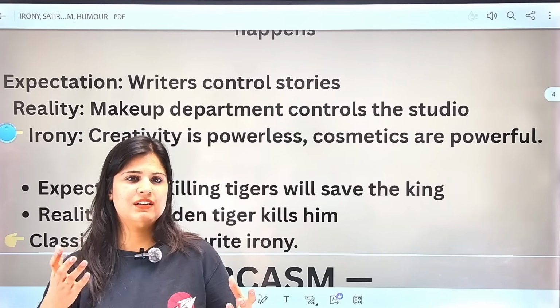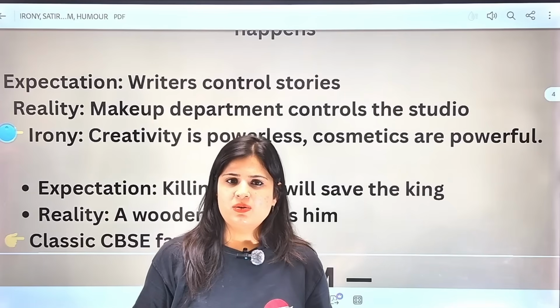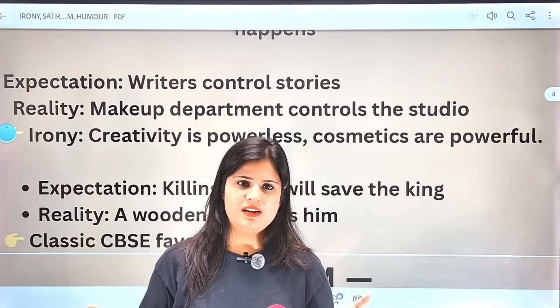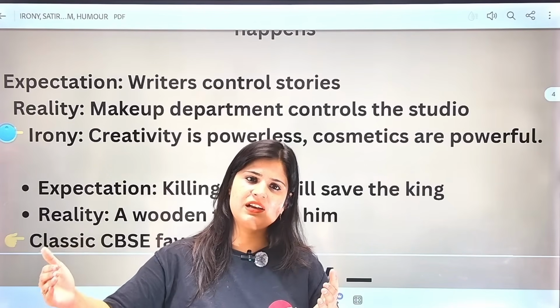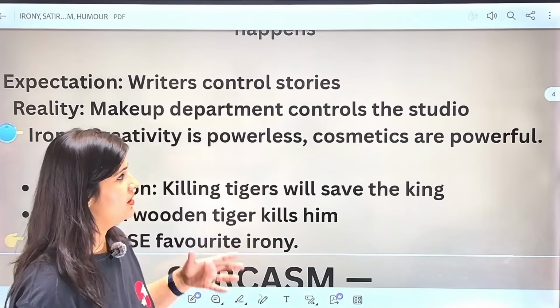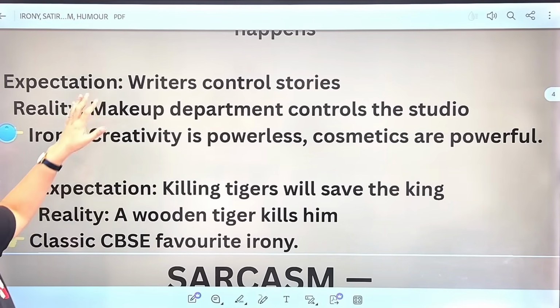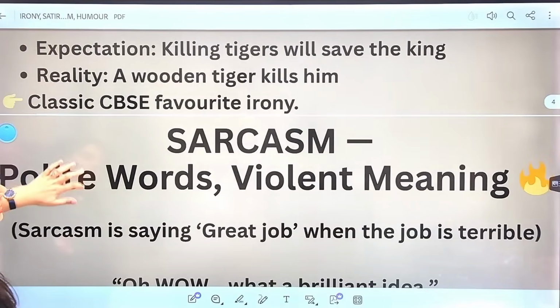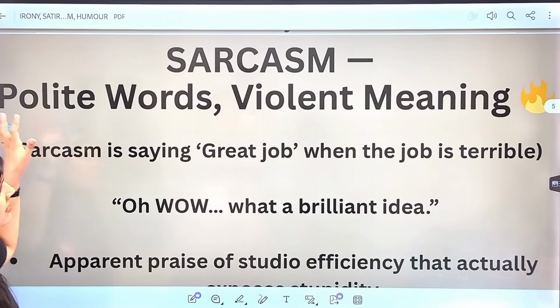Rather, we see a fantasy world that Sophie has created for herself. That is far from any real growth. So it is far from going places. So that title is also ironical. So these are the examples of irony. Now let us go to the next one, that is sarcasm.